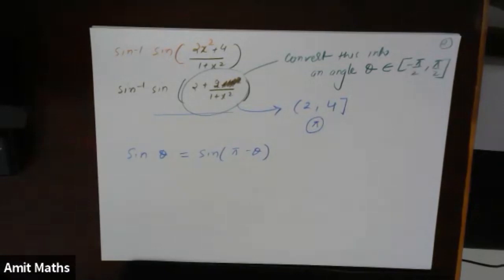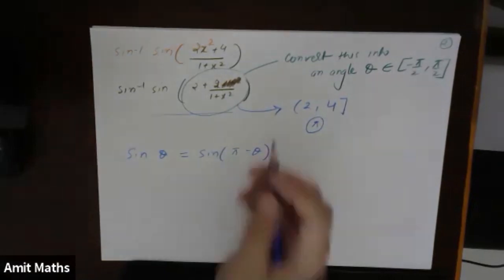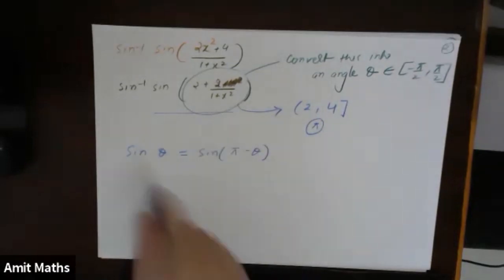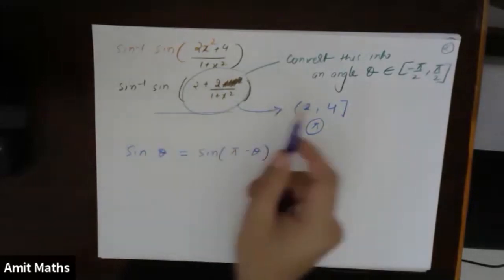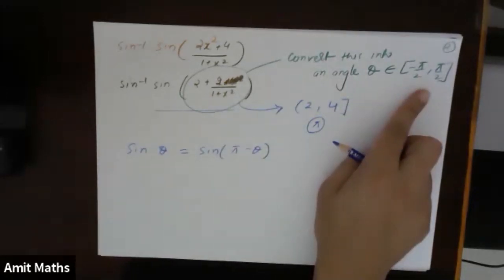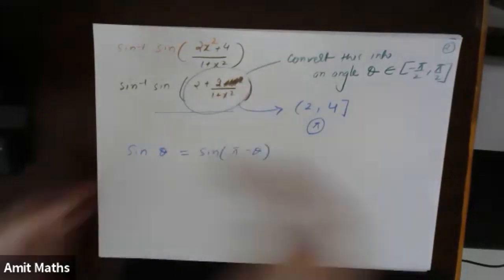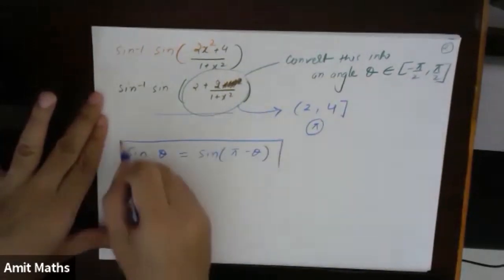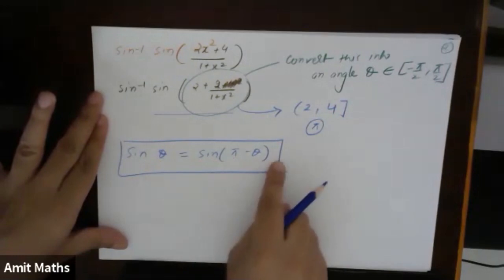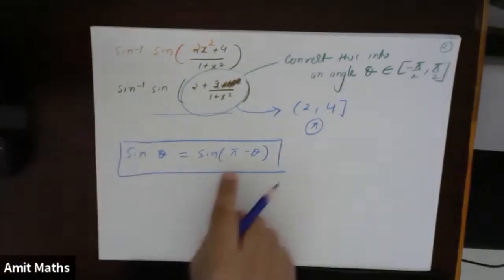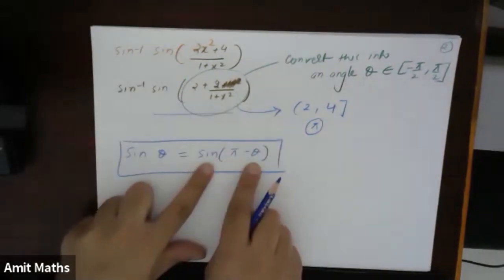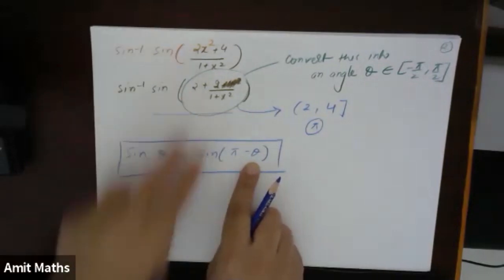Sir, why would we? Apurva, yesterday I told you, just read the notes of yesterday. Why am I converting this? Because sine inverse, I should get some output. So the sine inverse output will be between minus pi by 2 to pi by 2, right? So I am converting this part into between this range. And I know sine of theta will also be equal to sine of pi minus theta. So that means this theta I can write in the form of sine of pi minus theta also. It will be the same value. These both are exactly the same or not?